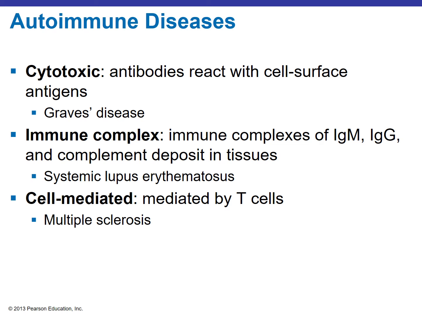So a lot of people who have Graves' disease have very bulgy eyes. Their heart can be pounding, they can be trembling, sweating. They can even have a goiter from the